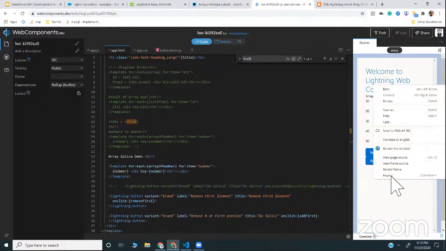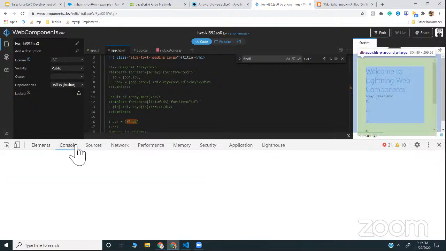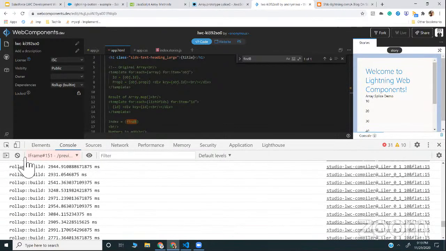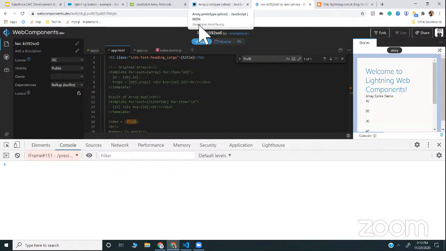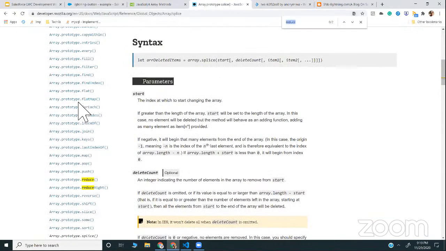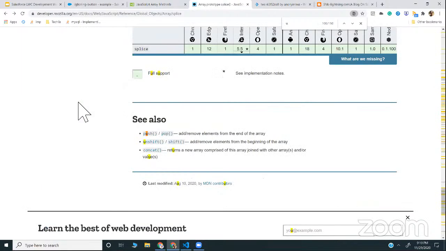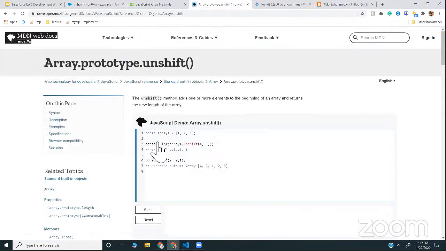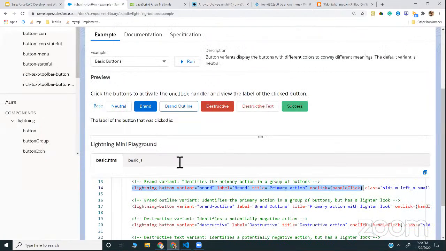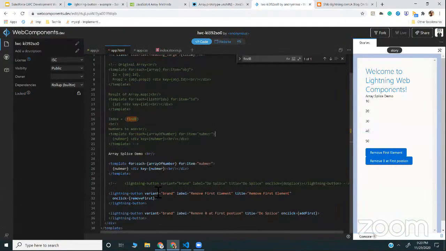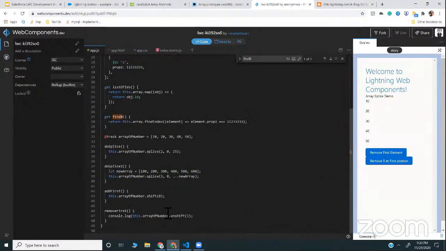Something is wrong. Okay. I think we have done something wrong. Okay, so unshift actually adds the element and shift removes the element. So we are going to